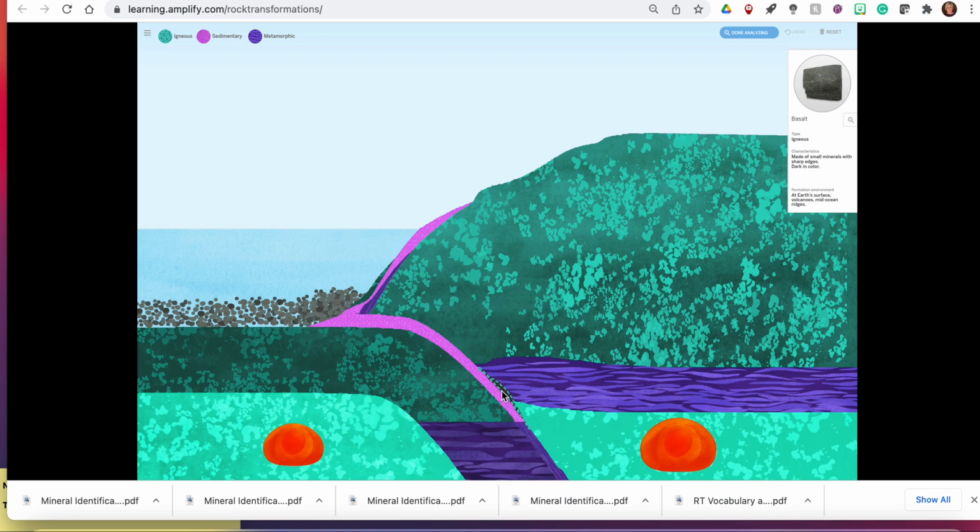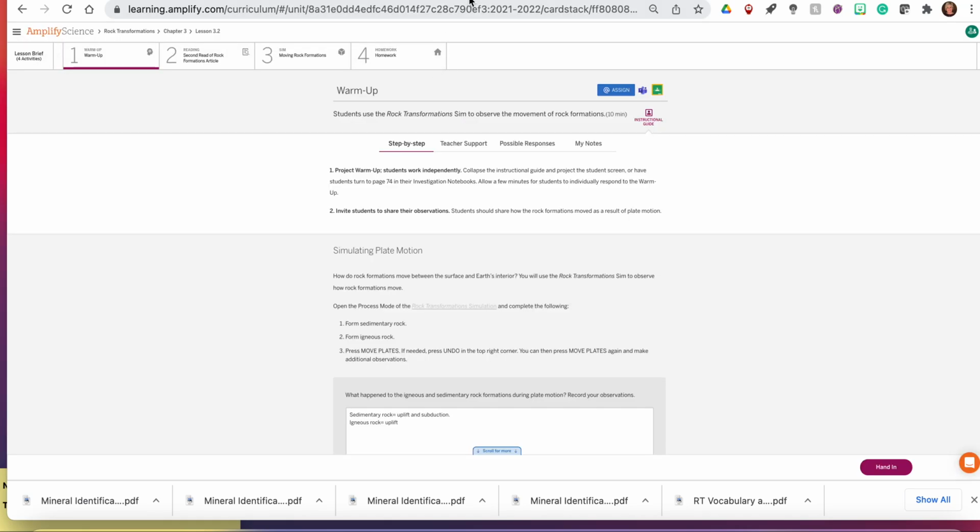It went through the process of subduction and it's down below. And part of it went through the process of uplift and it is up above. Okay? So if we go back into our Amplify curriculum,